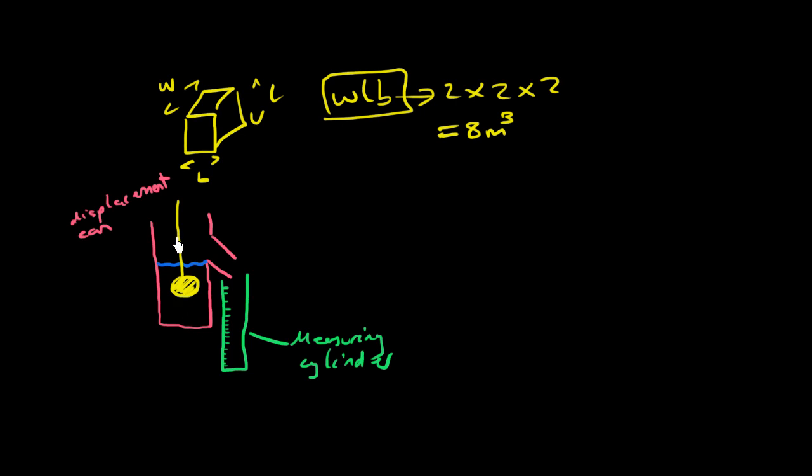Now when you take this out of there, just out of interest, you'll see that the level of water falls down to like here, and that difference in volume is what's gone into the other place, and that's how much the level rose when you put the solid in. Hopefully that makes sense. And if they ask you in a paper to describe a method of measuring the volume of an irregular solid, then you can use this